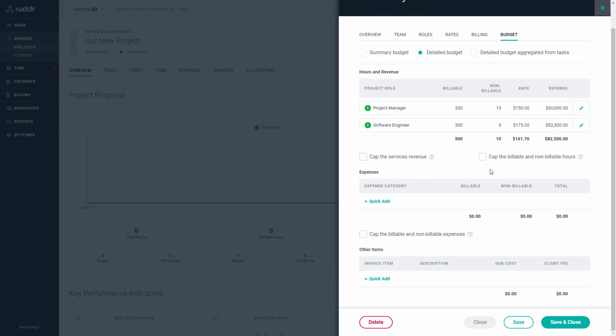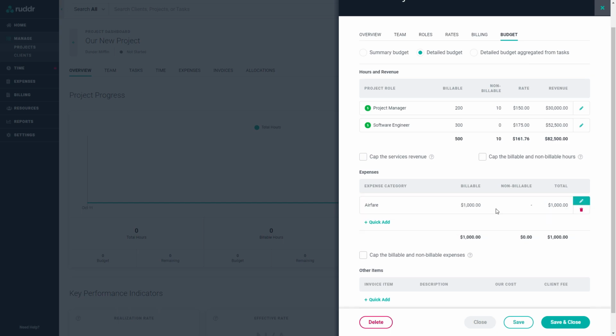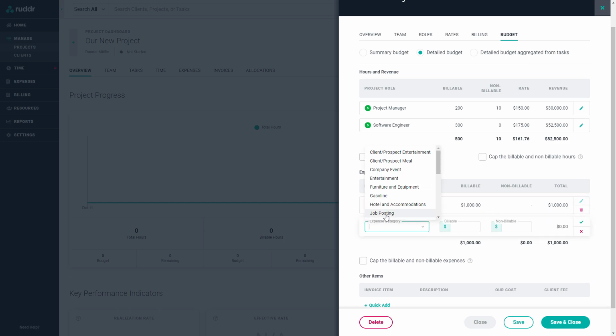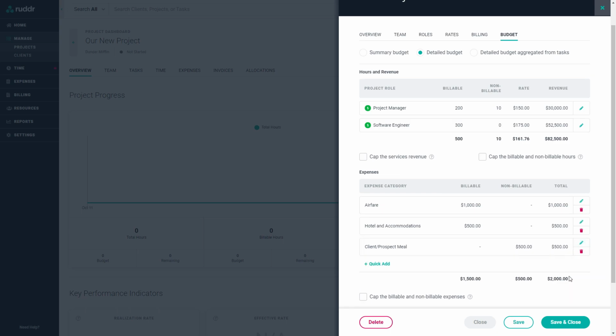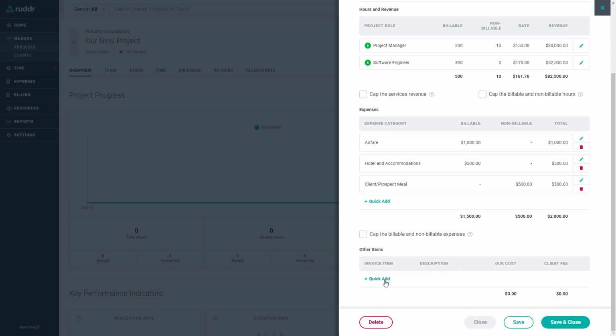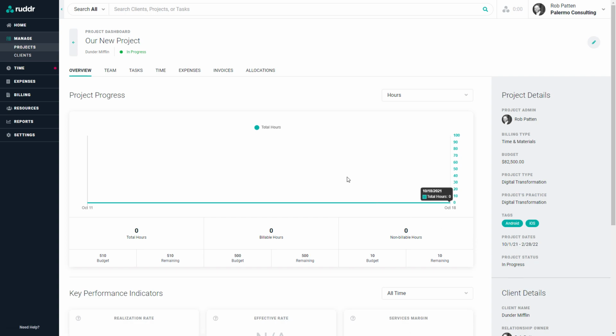We can then cap the services revenue or cap the billable and non-billable hours, which will keep our team members from keying in hours that would cause the project to go into an over budget state. We can then add an expense budget for the project. For this project, we'll say that we've got a $1,000 billable airfare budget and that we've got a $500 budget for hotel and accommodations. Note that we could also include non-billable items in the budget as well. Lastly, we can budget for those other items such as software licenses or products. Once we've got this information filled in, we click Save and Close, and now we've got a project that's ready